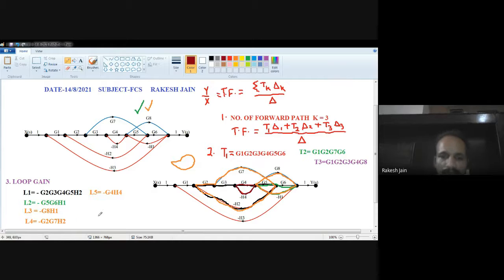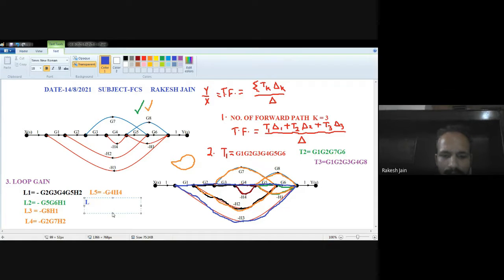Any other loop? Yes, more loops are there. Now the sixth loop is G1, G2, G3, G4, G5, G6, the largest loop. G1, G2, G3, G4, G5, G6, then minus S3. A very clear loop in front of you. This large loop, which I am showing you with this dark blue color. See this one. G1, then G2, G3, G4, G5, G6, and then minus S3. So this one is the sixth loop.